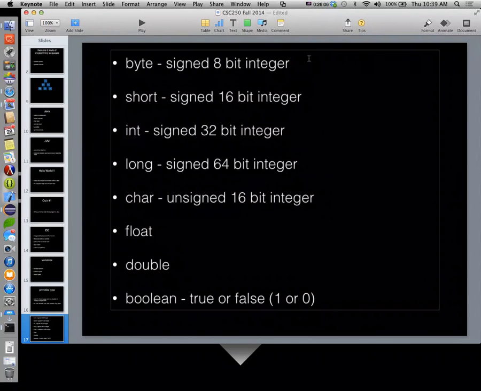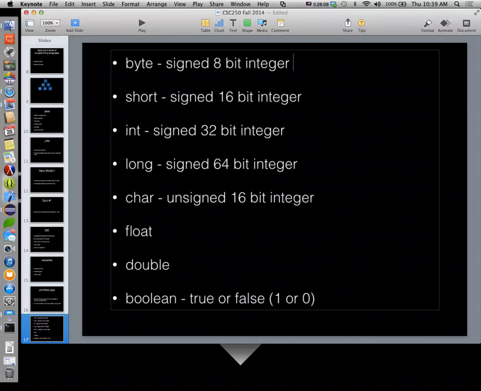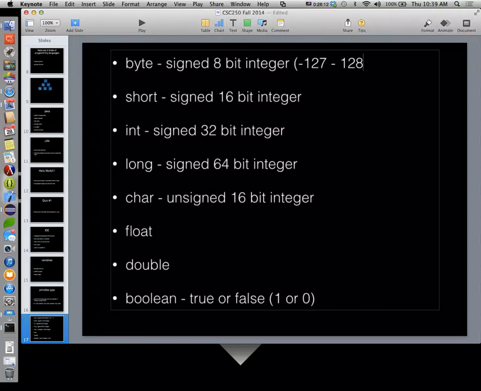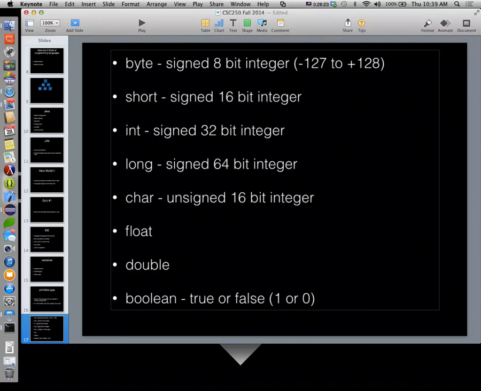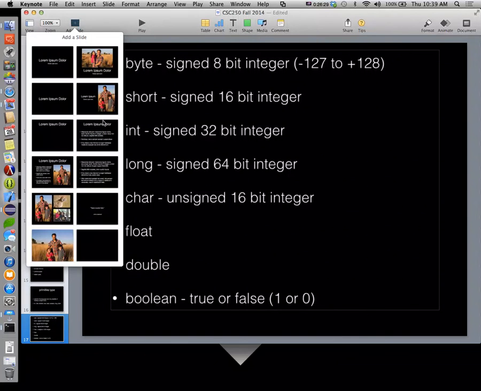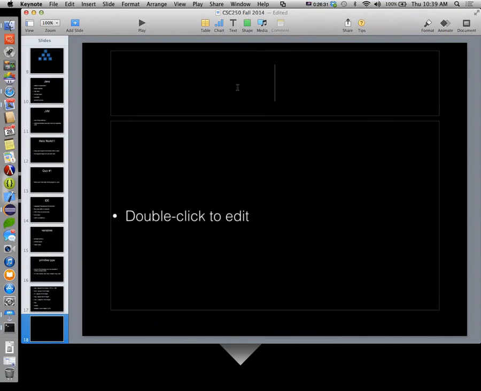All right, so what does this mean in terms of real values? A byte can hold values in the range of -127 to +128. That's the range of values you can store inside of a signed 8-bit integer. Why is that? Let's kick it over to another screen. What's a bit?